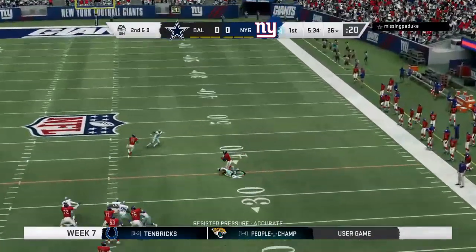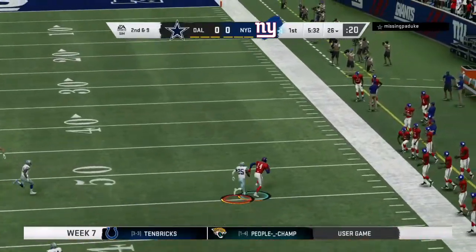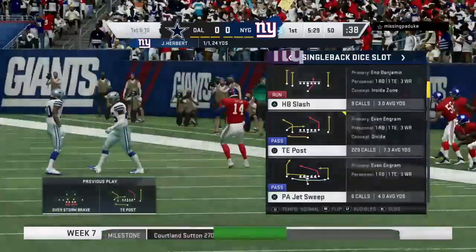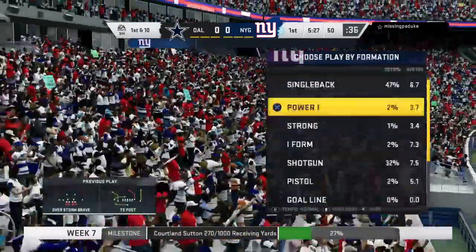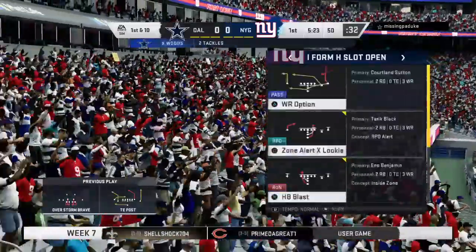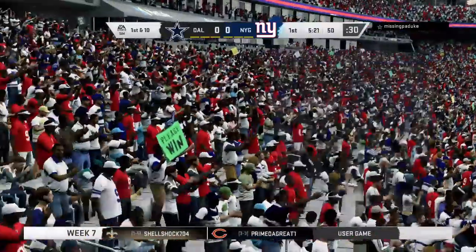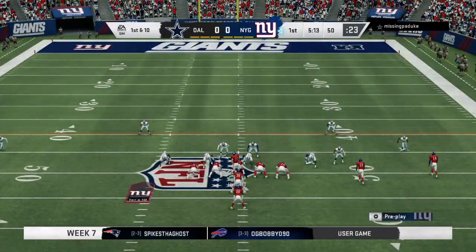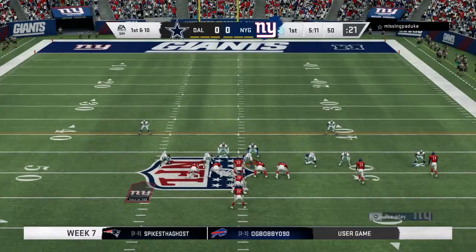Second and 9 now, and he's going to have the hook up to Sutton. And he's brought down after a very nice gain. The catch and run, good for 24 yards. Quarterbacks love slant routes because the receivers are breaking right into their line of vision, and receivers love them as well because they're getting the ball on the move and able to catch it and try and get upfield